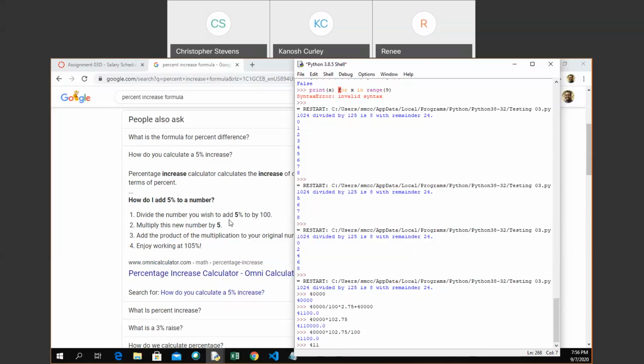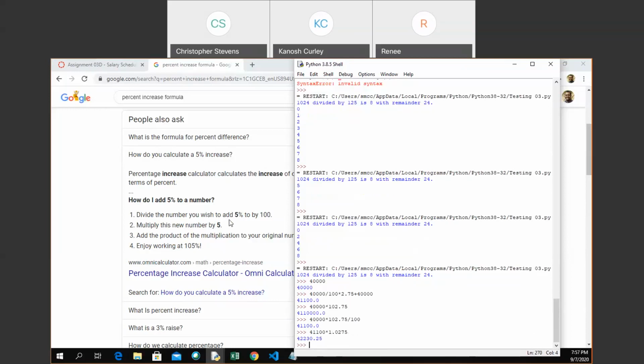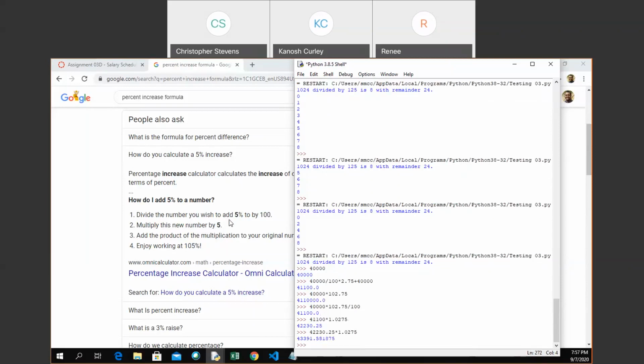Then we'd have to take that result and multiply it by the same thing. If I want to get real fancy, I could do that by doing this. That's the same thing as doing 102.75 divided by 100. And that gives me my next increase. And I could keep going here. 1.0275. Get my next one, and I could keep going on from there. Now,